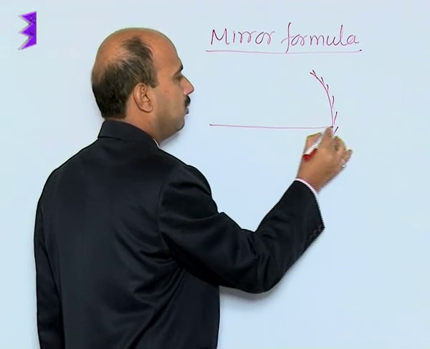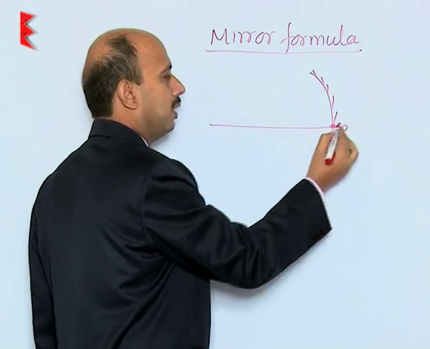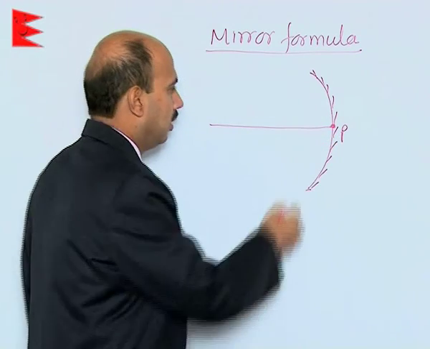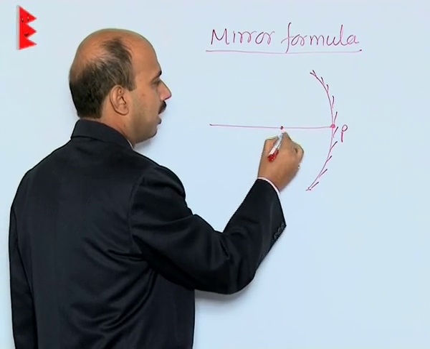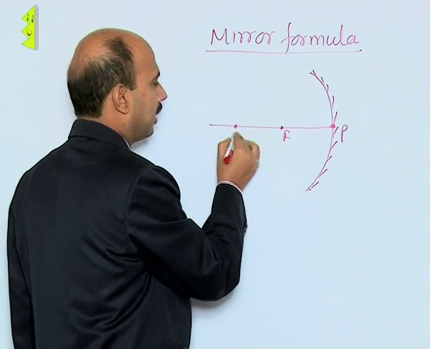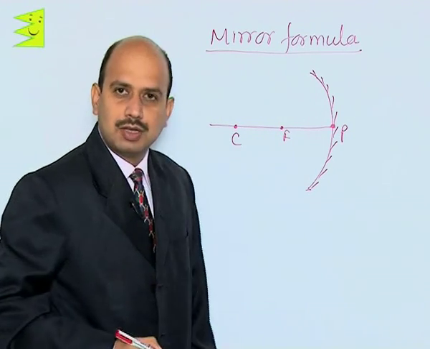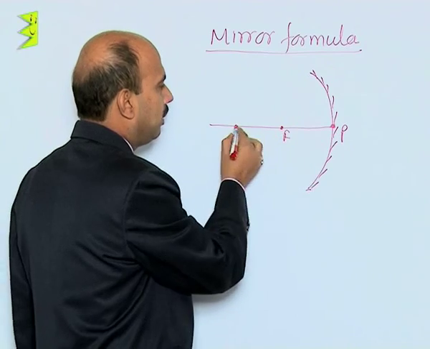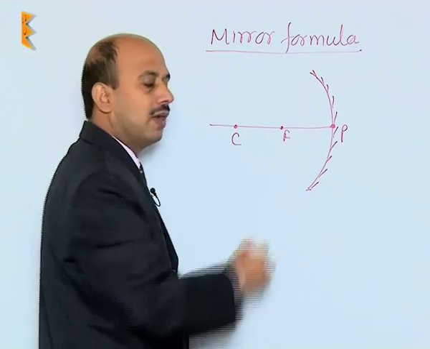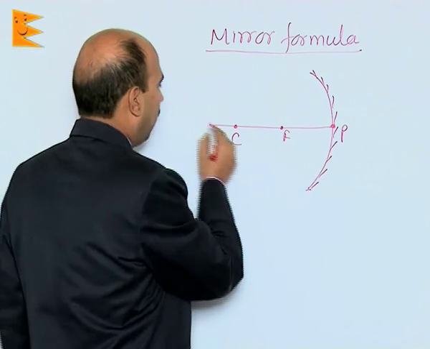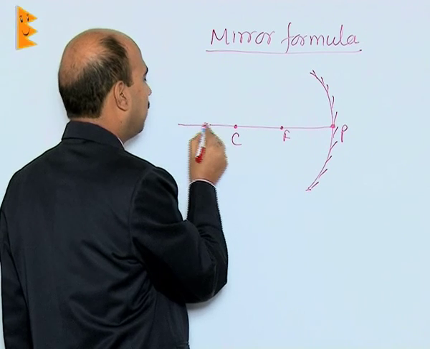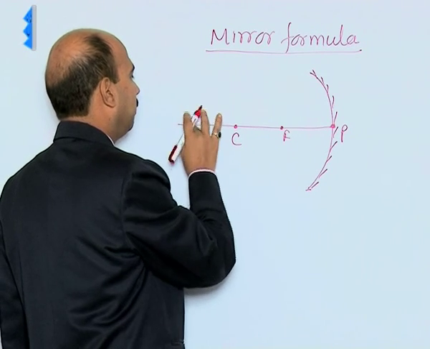and this is the principal axis. This point I am taking as the pole of the mirror. Somewhere here is F, and here I am taking roughly that point as C, the center of curvature. The distances between C and F and P are equal. And now suppose you are placing the object somewhere over here,